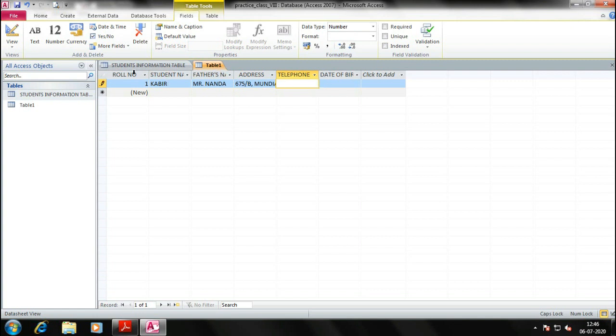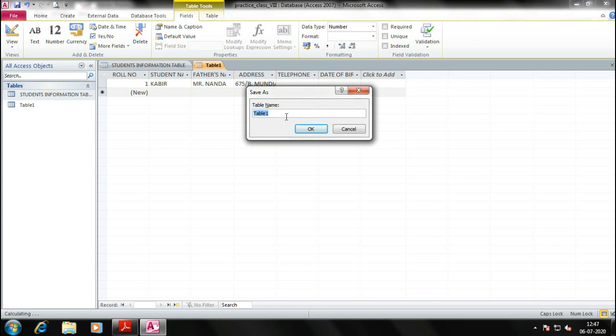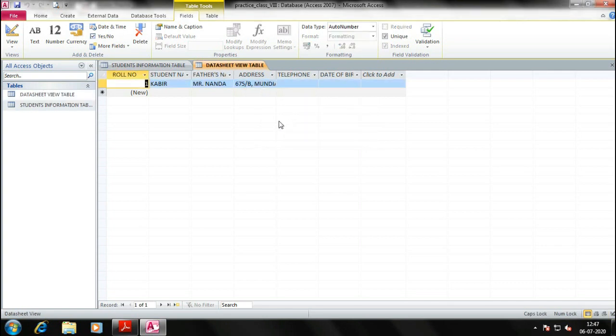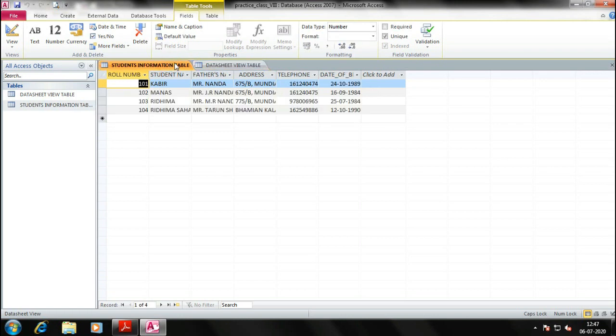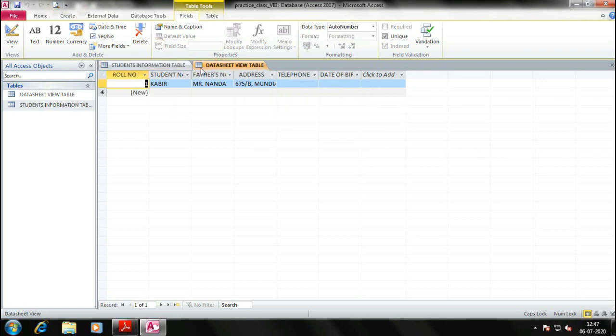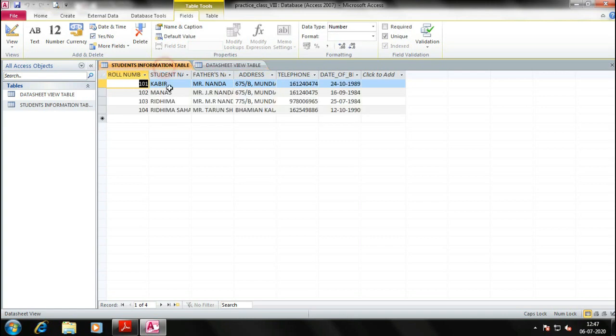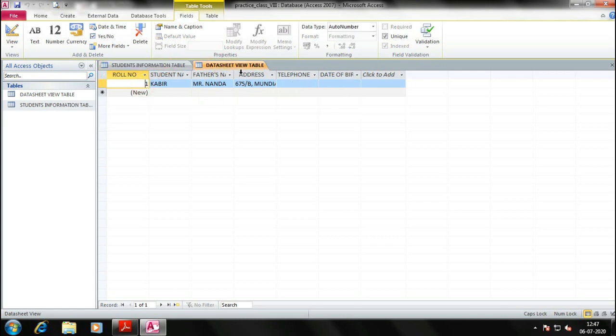So like this, you can create a table in datasheet view. Let's Control S, datasheet view table, okay. So this was the design view table, datasheet view table, okay. You got the same table like this. If you want to change it, you can change it, but roll number is auto number, it won't come, you cannot make it a manual entry here.